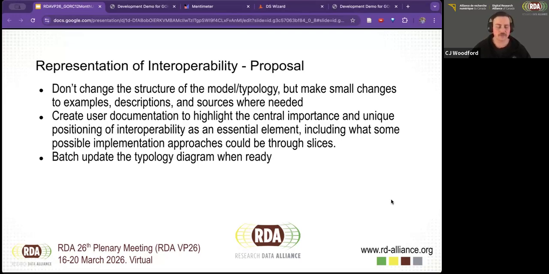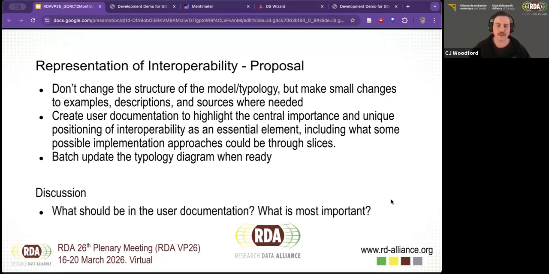And lastly, when we've got a number of things to change about the typology diagram, then we'll do a batch update. We have some icons that need to be changed. We've got some namings that need to be changed, but those are pretty small potatoes. So when we're ready to do a larger update, say with the release of a GORC version 2.0 from the model, we might release a new version of the typology at the same time. That's when we would consider a big update. So not in the interim.